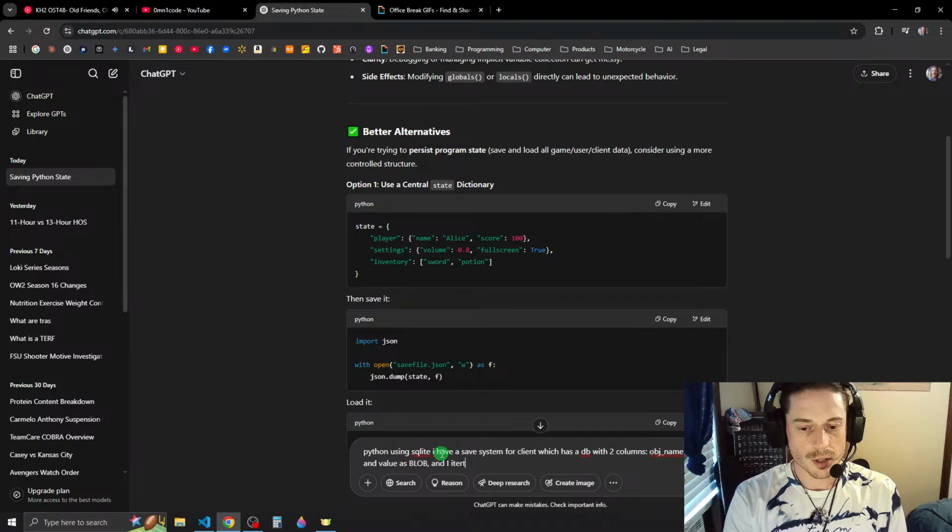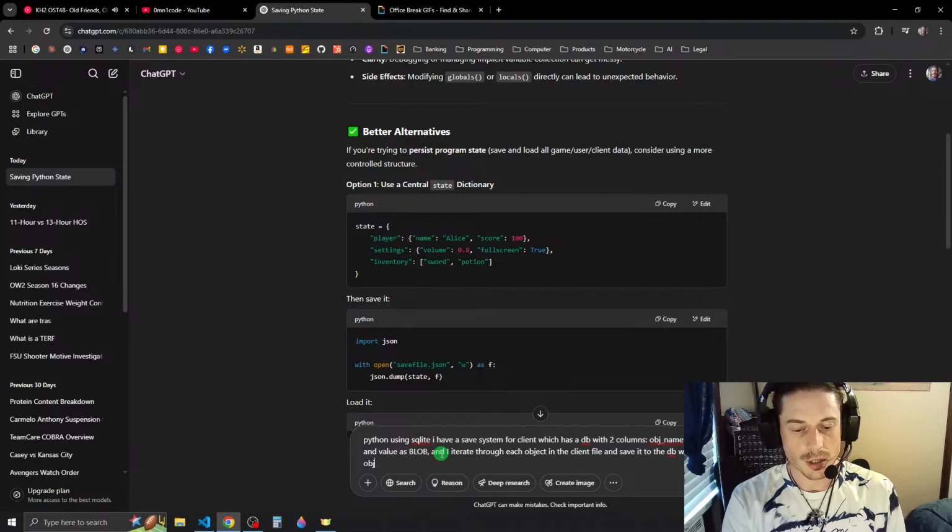I iterate through each object in the client file and save it to the database with the object name as the associated namespace for the value.